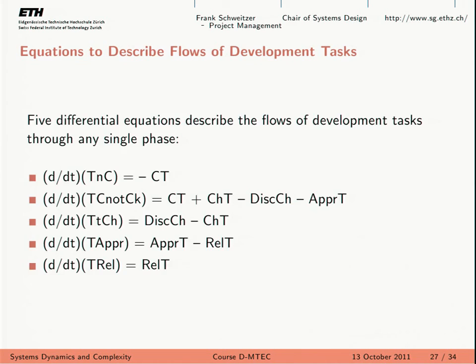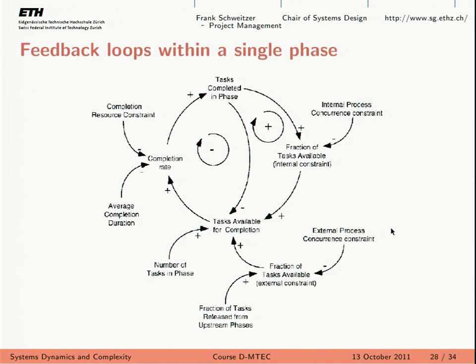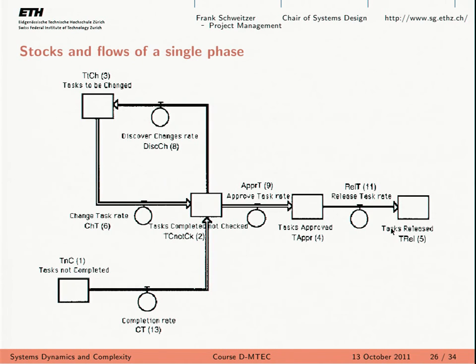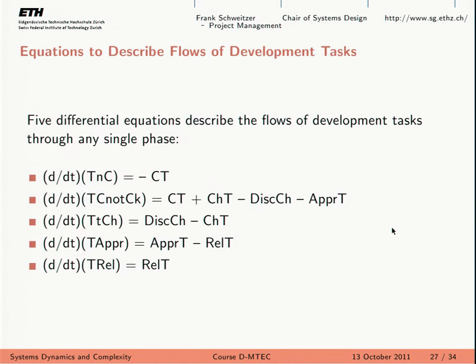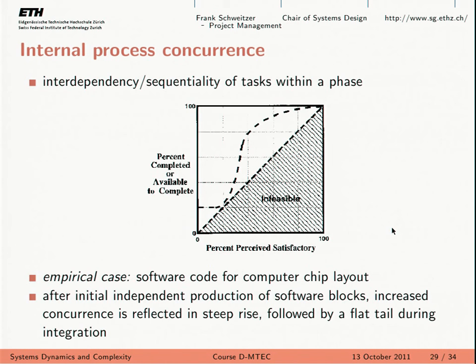Now I will move to the important stuff. This is just that picture put in a different way. I will skip that because we're running out of time. But back to the original question: how much of your different phases can be done concurrently? And not only can different phases be done concurrently, but the work within each phase, for instance the design work in the design phase, can be done concurrently as well, with different activities done in parallel.